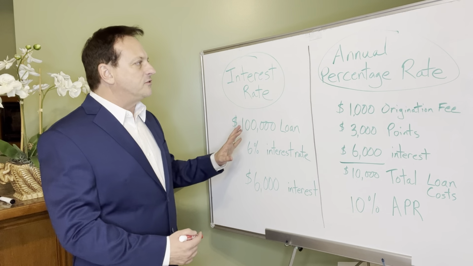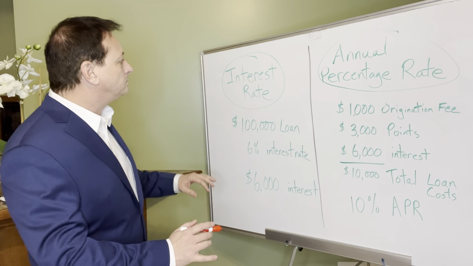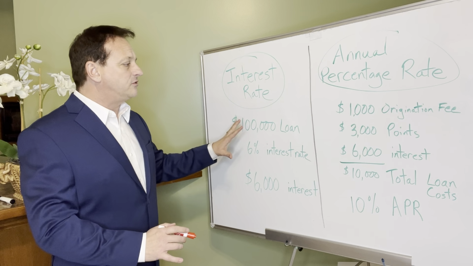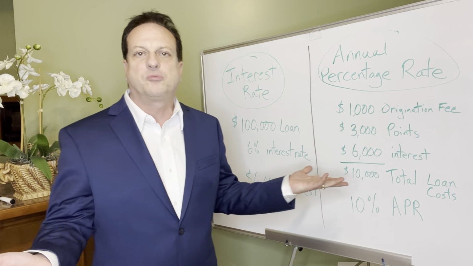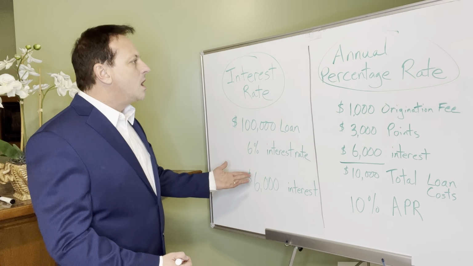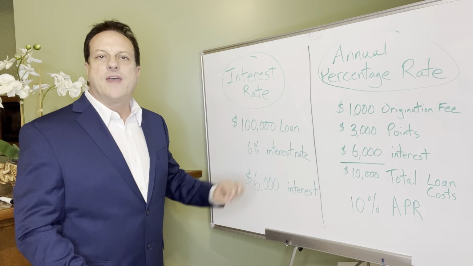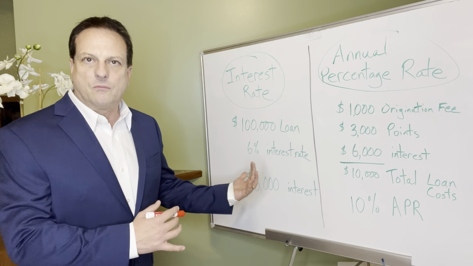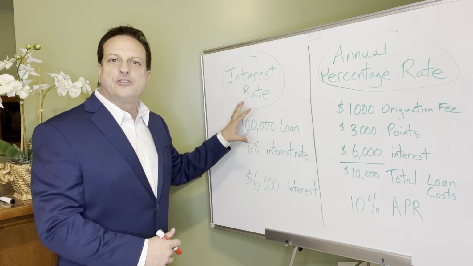Let's talk about the difference, because there is a huge difference and you need to know what we're talking about. Interest rates are usually what you think about when you see, oh, the interest rate is 6%. And that's what the interest rate is, 6%. However, that is just the rate. So if a lender for this material is disclosing an interest rate, they also have to disclose the